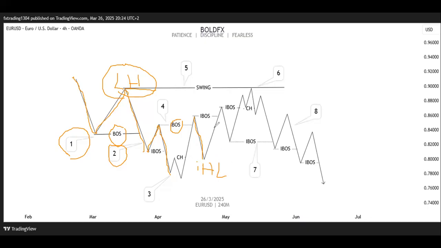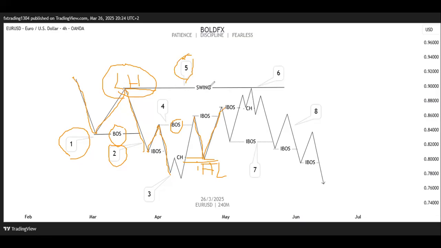So price creates an internal higher low, respects some areas of demand right there, and then breaks structure, making this your strong internal higher low because it has broken structure. So as price has continuously broken structure into an extreme lower high, you can simply see here by number 5,